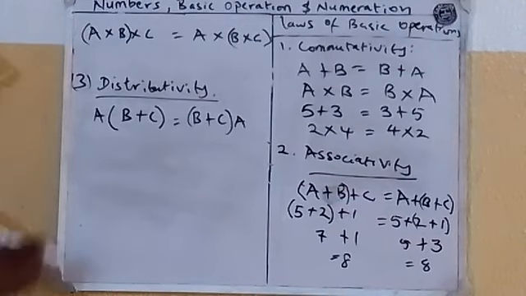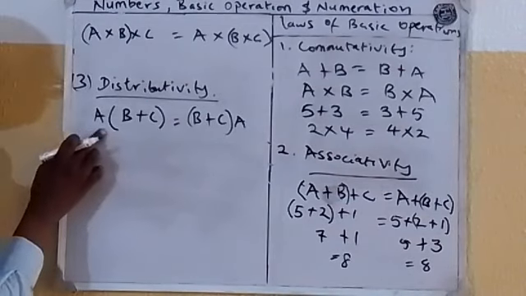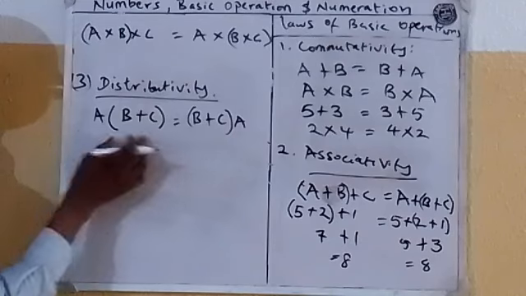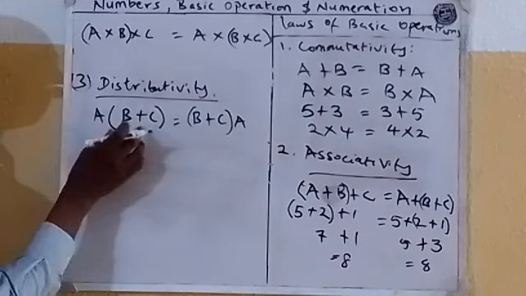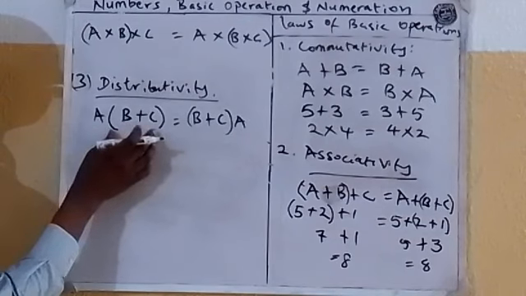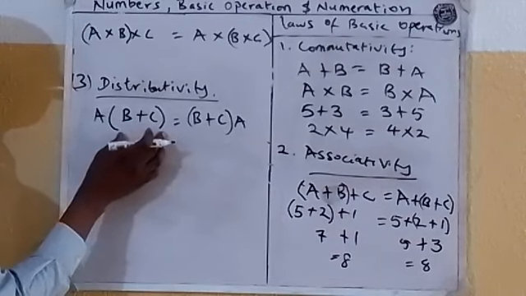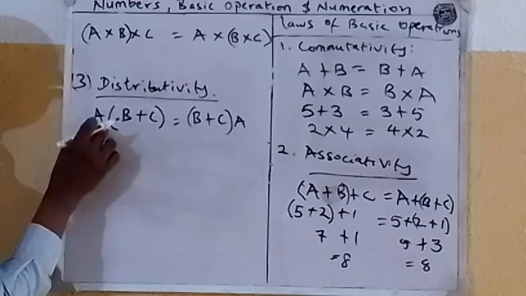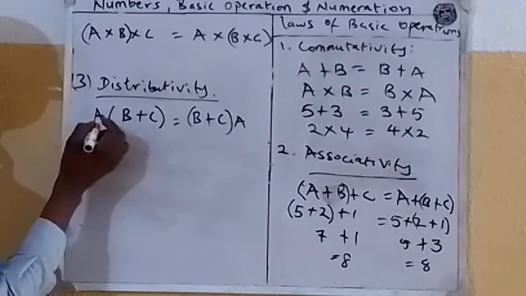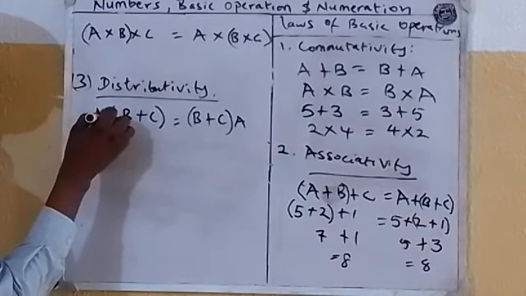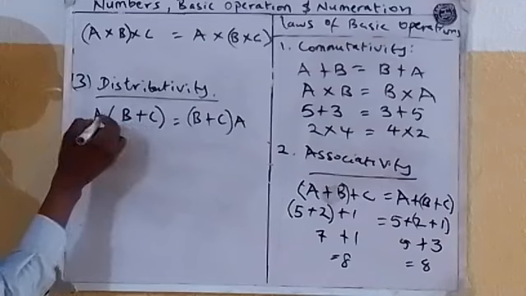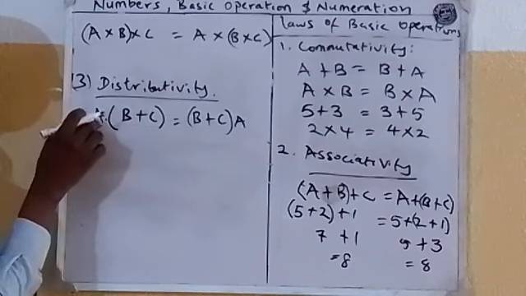Okay, look at it this way. Distributivity means that if I have an operation that is in between, before the brackets. So if the operation is multiplication, mind you, there is a multiplication operation here. We don't write it for the brackets. It's an operation there. So if you have A